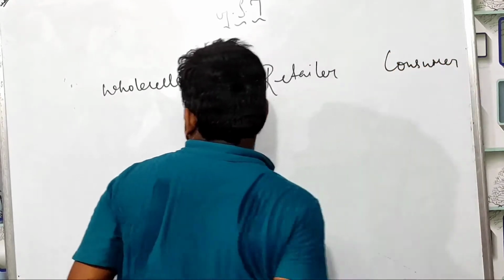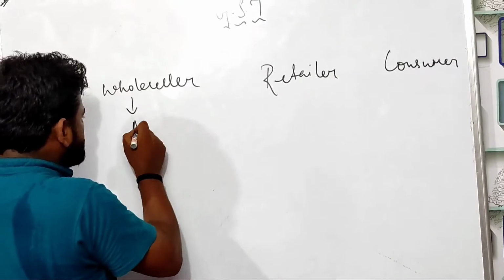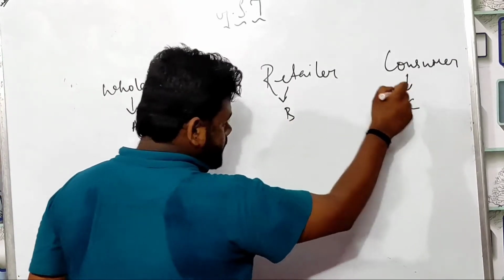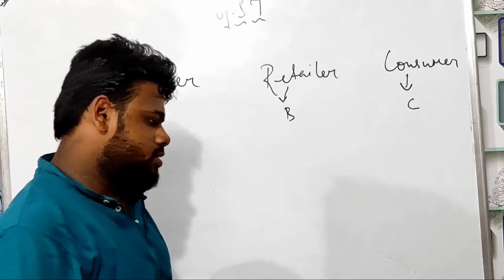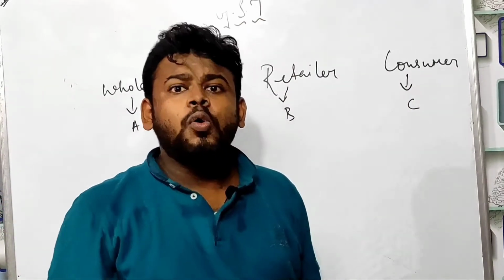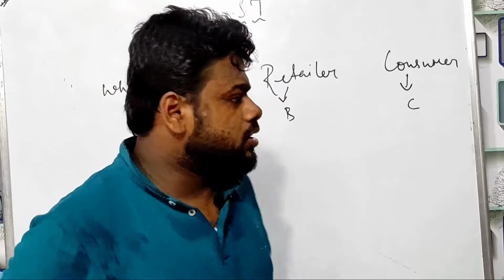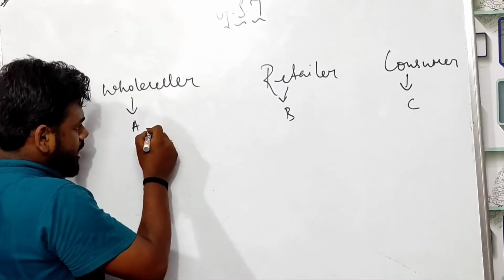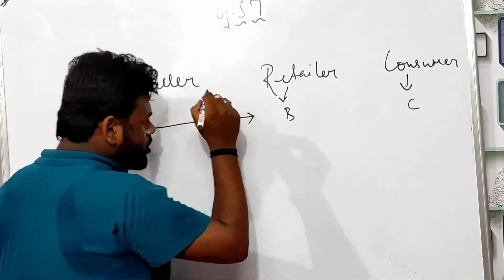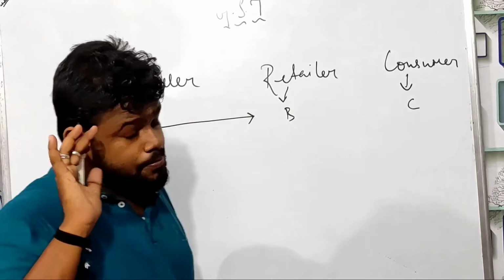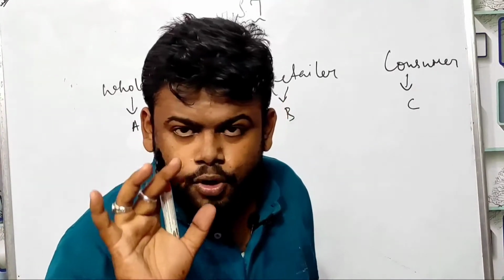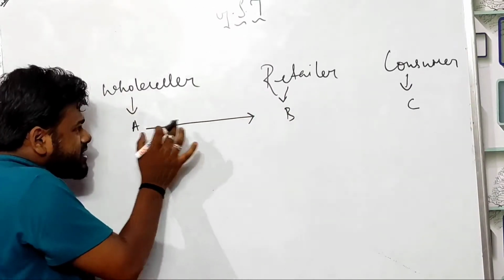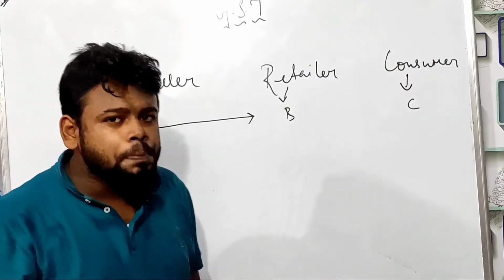The wholesaler is A, the retailer is B, the consumer is C. Now A will sell goods or services, whatever. A will sell the goods to B. Very important logic, children. Understand it very clearly. A will sell the goods to B